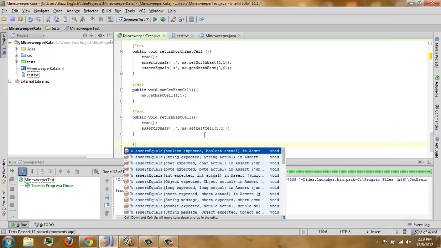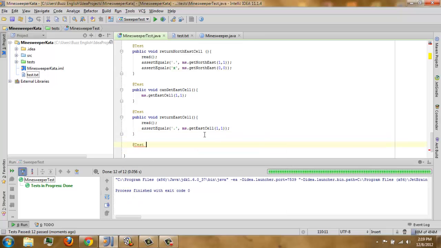Where are we now? We already have four neighbors. So what are we going to do next? Let's have Southeast. Create a method that will get the southeast. Ooh, super long. Can get southeast cell, right?